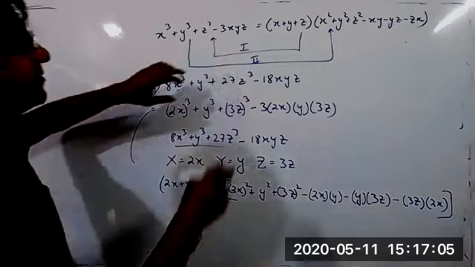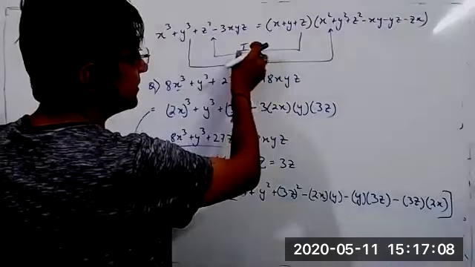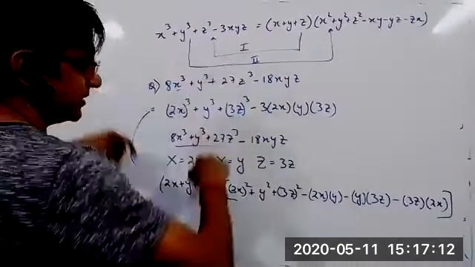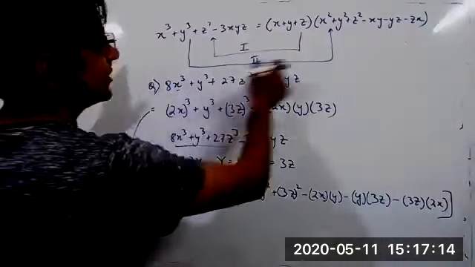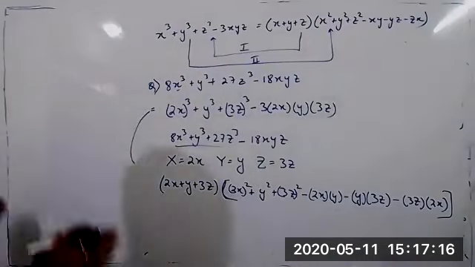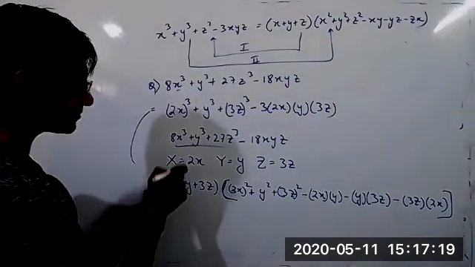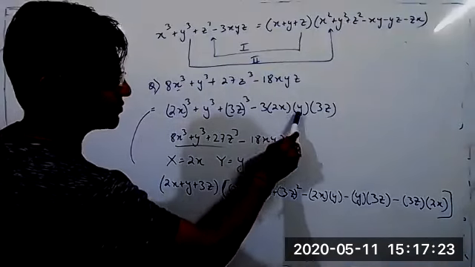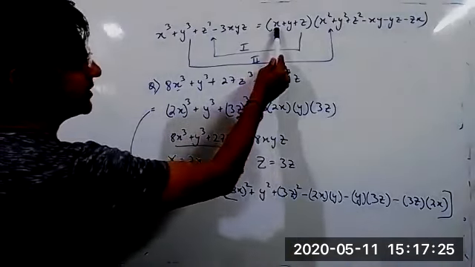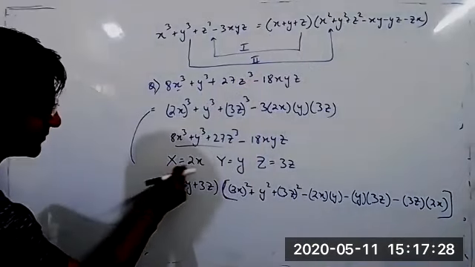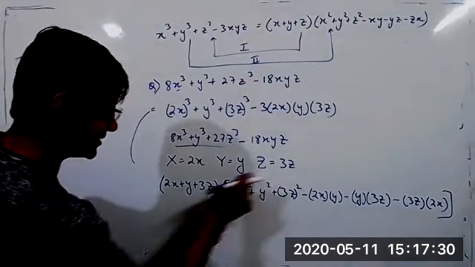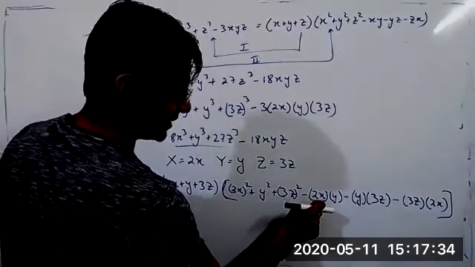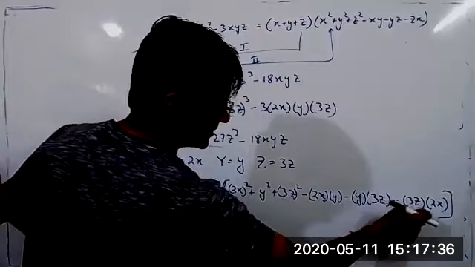I mean, the previous question was this type 1. We were getting this and we converted it into this. In this question, we are getting this and converting it into this. This is what I just explained. So this is x cube, y cube, z cube minus 3xyz. The formula is x plus y plus z, where x we have taken 2x, y, z, 3z. x plus y plus z times x square plus y square plus z square minus xy minus yz minus zx.